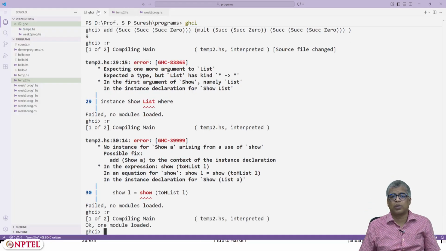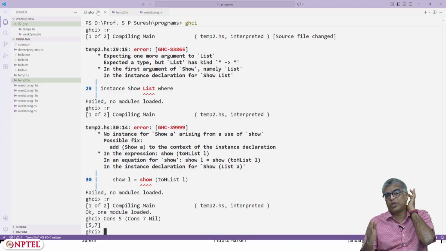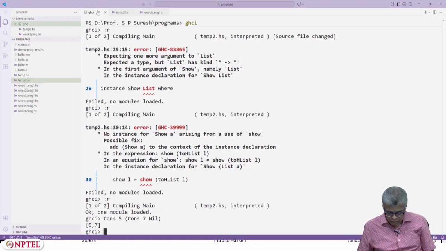Now it compiles. So I could just say Cons 5 (Cons 7 Nil), and I will get the output 5 7, because it's converting it to a list and showing that list. Okay, fine.